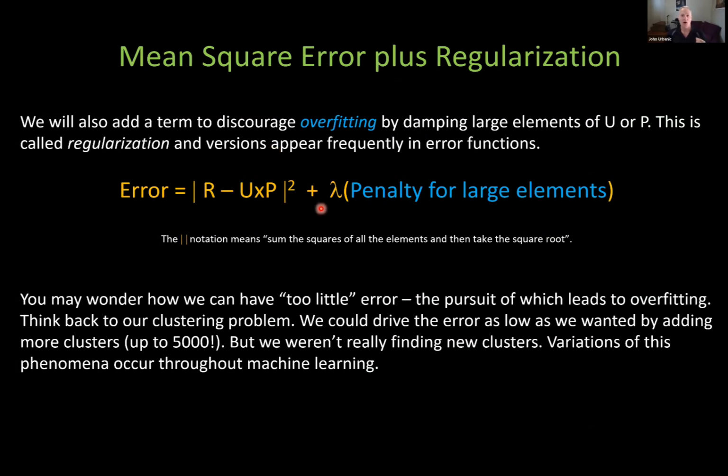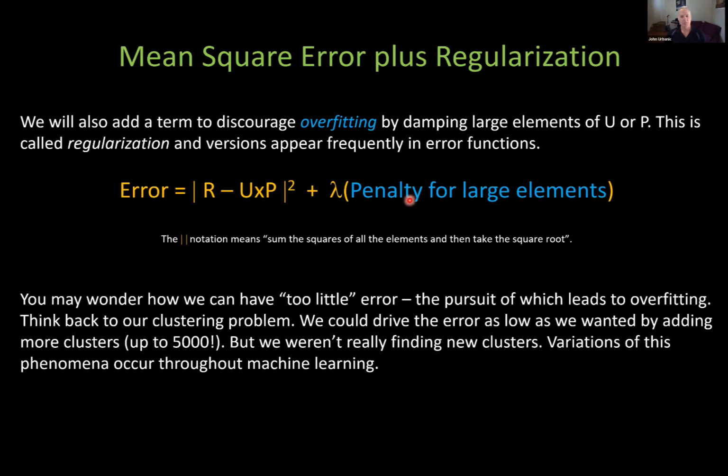As we make our U and P matrices a better and better fit to our R matrix here, what can happen is we can have some very large spiky elements start to show up in our U and P matrix. And so in an attempt to reproduce these singular points that were floating around R, our U and P matrix start having elements that go to negative 5 million and positive 480. And we might think that that's intuitively unreasonable, and we would like those to come back and represent star ratings from 0 to 5. So we might find these very large elements aren't desirable for that reason.